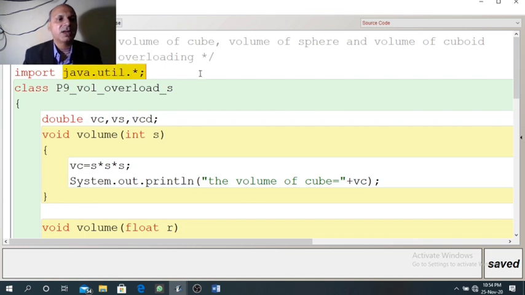I have designed the program with the Scanner class. So first import the package util, and for the class name, you can give any class name.